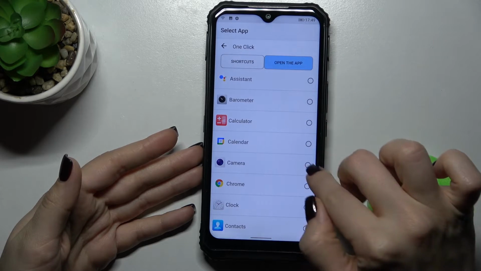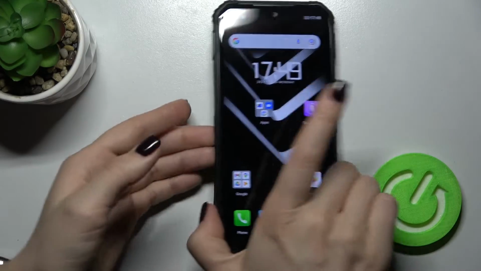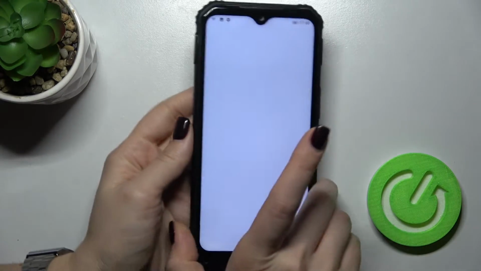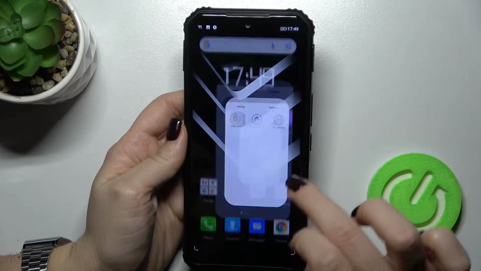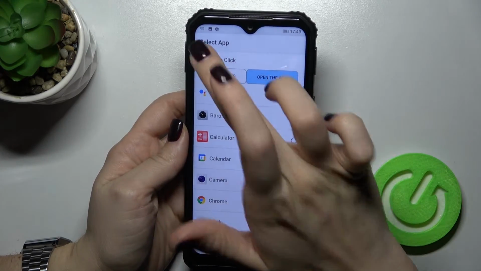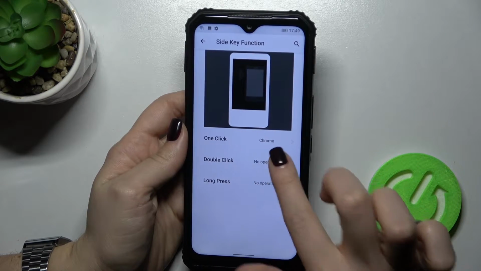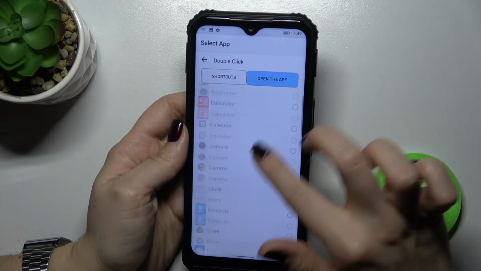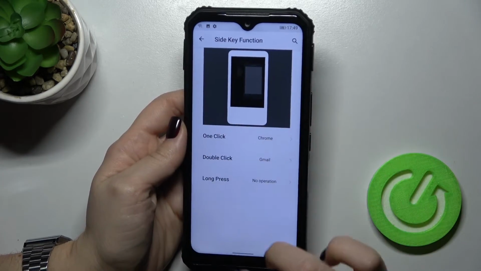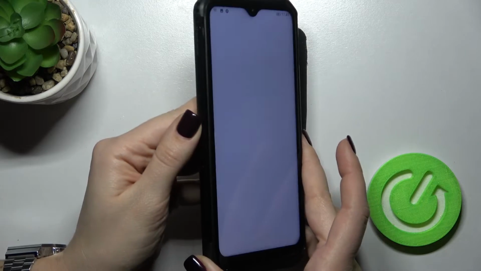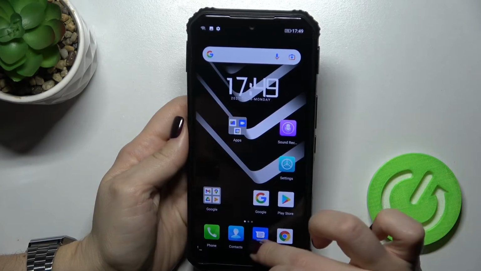For example, we'll choose Google Chrome, and now if you press once on this key, you will open the Google Chrome application. Okay, the second way: if you want to set it by double click, we can, for example, open Gmail with a double click, and as you can see, we get Gmail